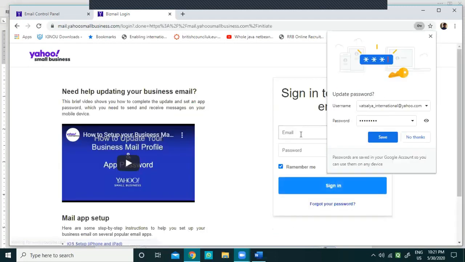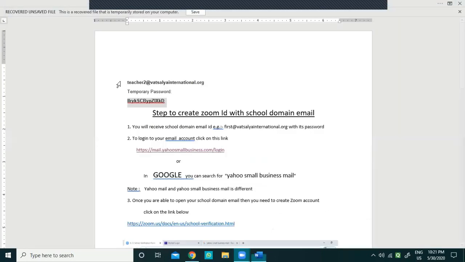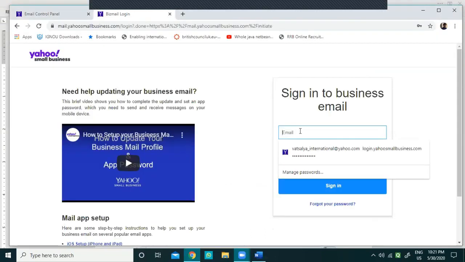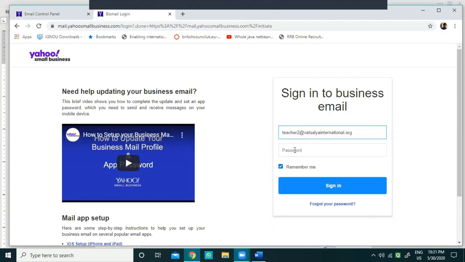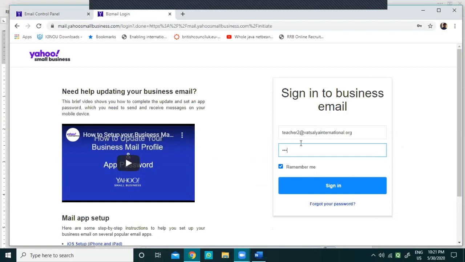So using that password only, I will be logging into my email account. My email account was teacher2, just on the screen, and my password is the one I just created, demo.